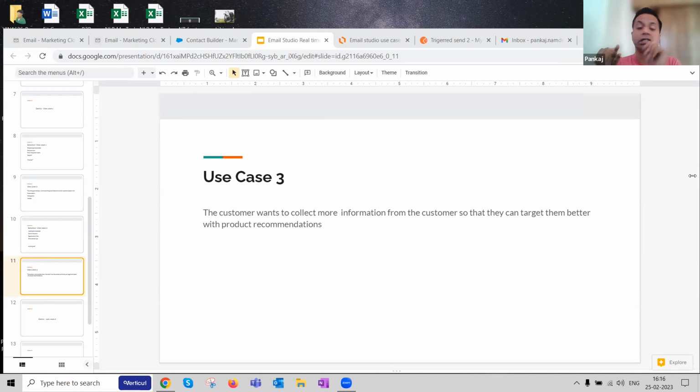What do I like? What do I dislike? Whether I'm a male or a female, you don't have any kind of data. Think from that perspective. Then this progressive profiling becomes very important in our use case, because you cannot target me if you don't know anything about me. You need to know, right?